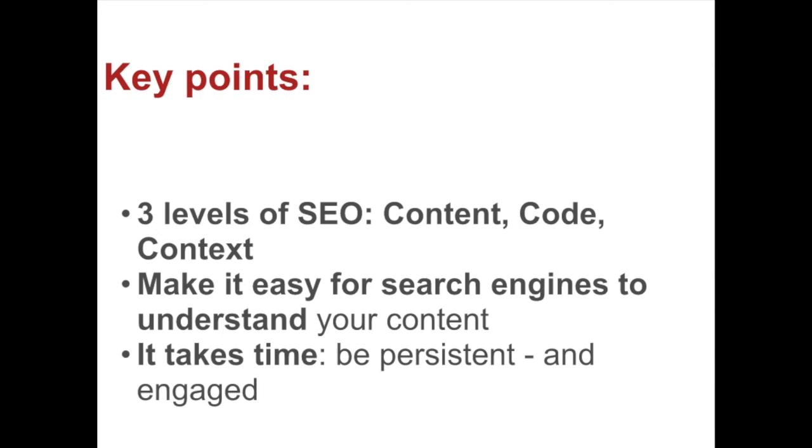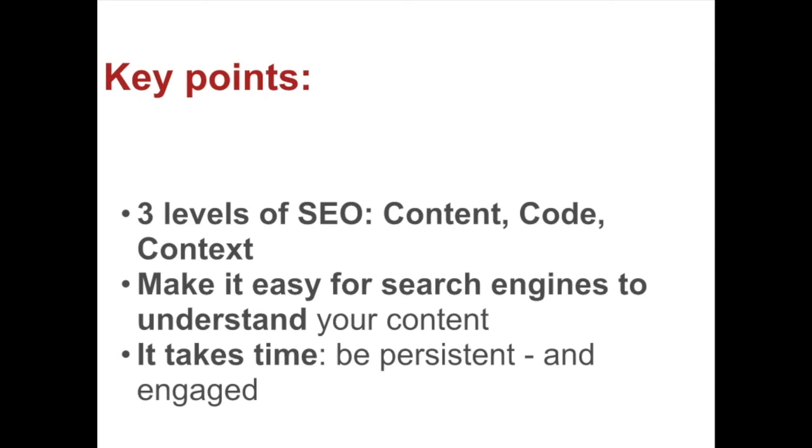And then the final level is the one that you have least control over and that is most important, the context in which your content exists. So the website that it sits on, who's linking to it, who shares it, and so on. You need to make it easy for search engines to understand your content. So that means not being punny in headlines, making sure that it's clear what the story is about and what images are of.